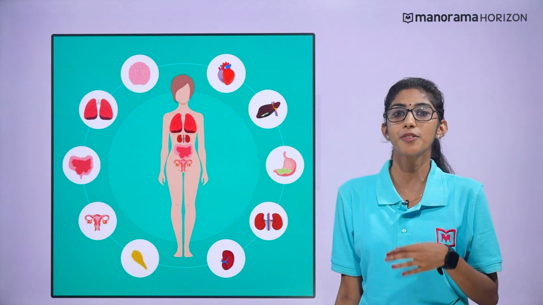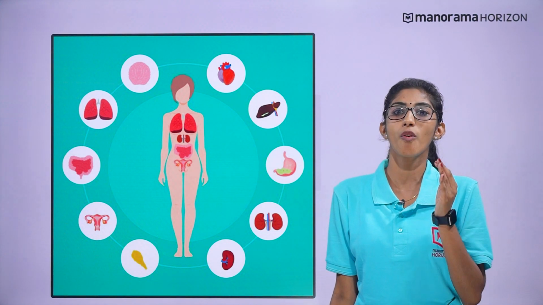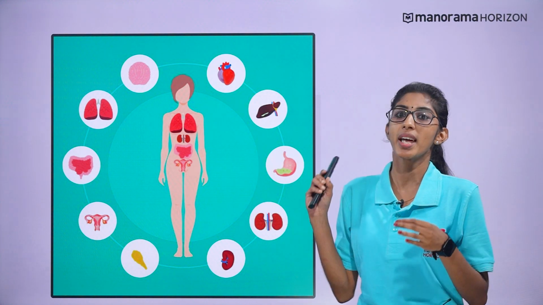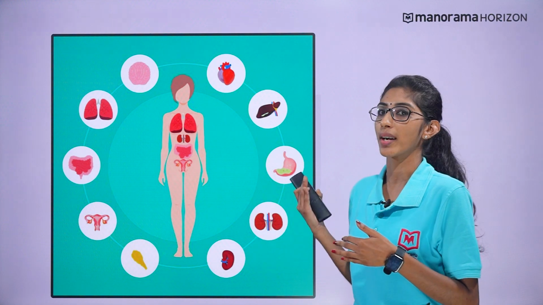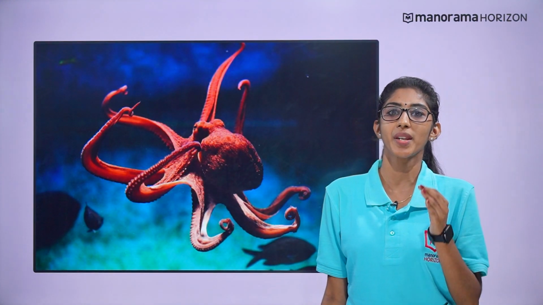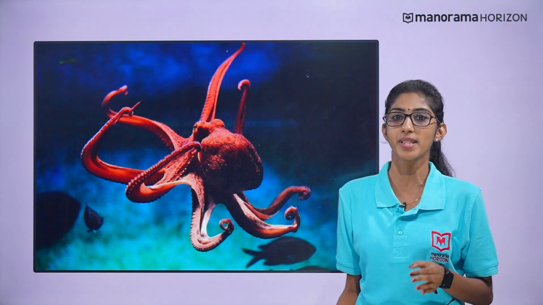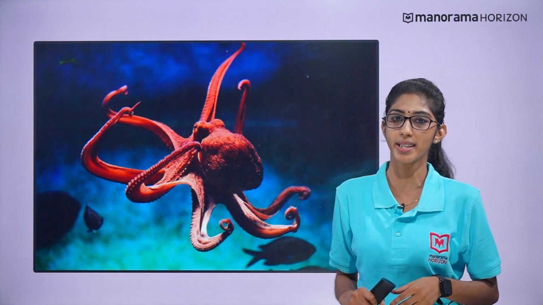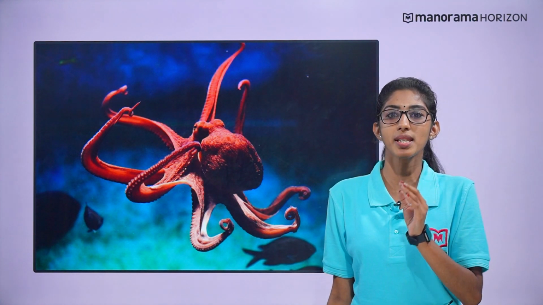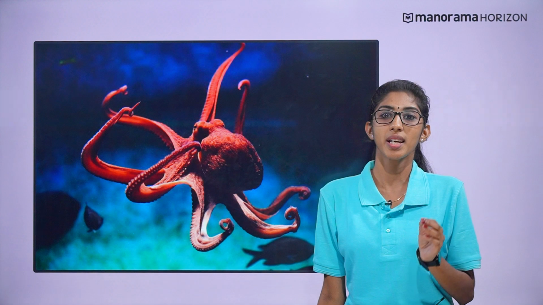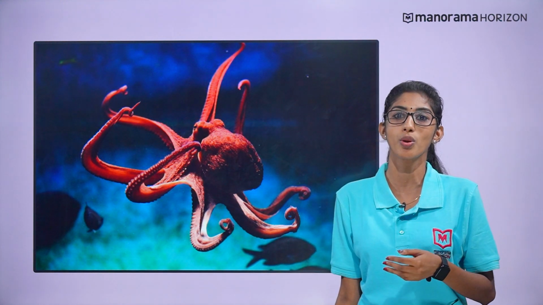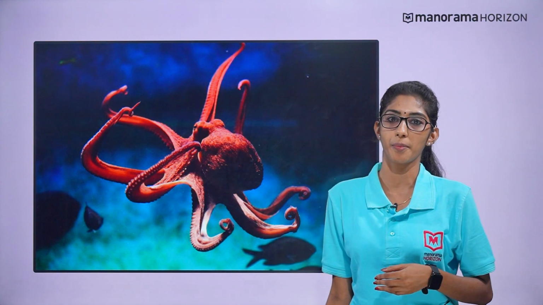Organ systems in different groups of animals exhibit various patterns of complexity. In humans, excretory, respiratory, circulatory and reproductive systems are present. And the digestive system and circulatory system of the octopus are different from other organisms. For example, the Platyhelminthes show the organ system level of organization, but the digestive system is incomplete, and the circulatory system can also be of open and closed type.